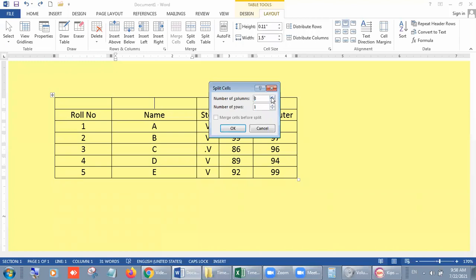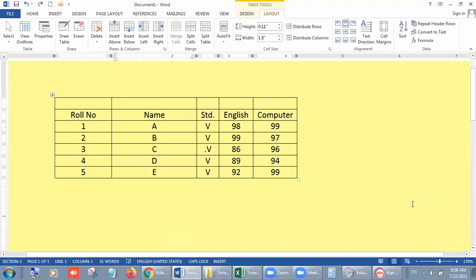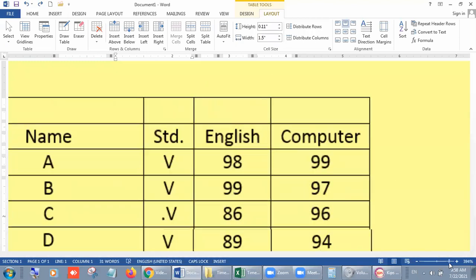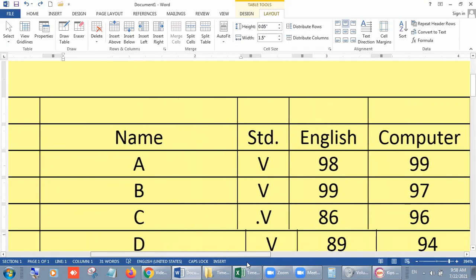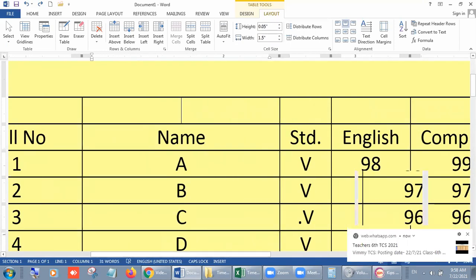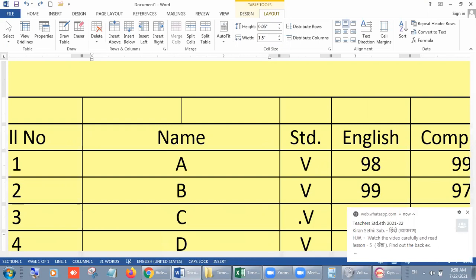Then click on the increasing button, and we change it to 3, and now rows also 2. Click OK. Now you will see the change. Let me enlarge the screen in front of you so that you can see it very clearly.